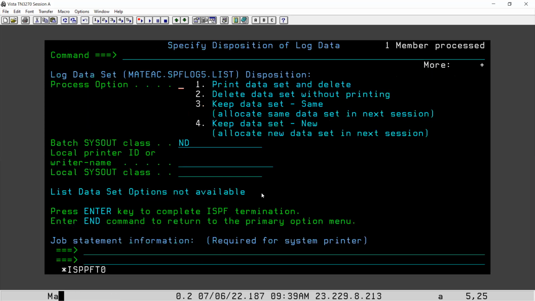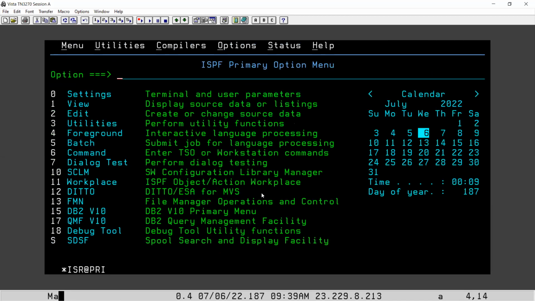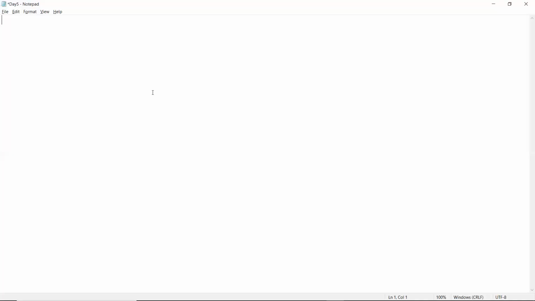Okay. Let's code the new program. That's not a problem. Okay. So first, let me share my screen, another screen. So we need to write the program. Let's say file pgm, or we can say program 3. Okay. So to read an employee file and write the output file,